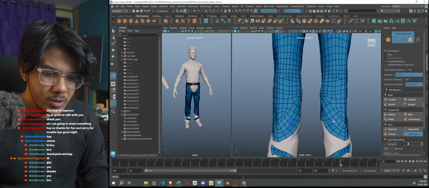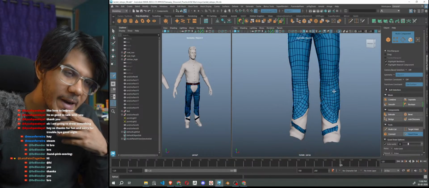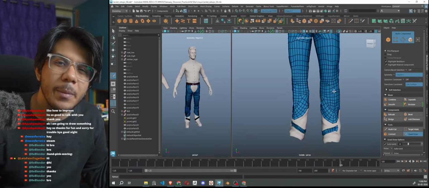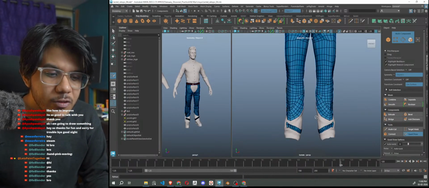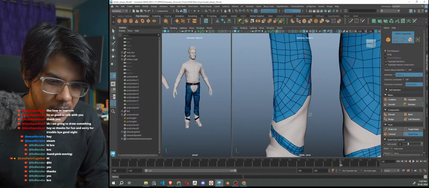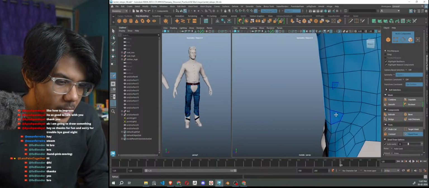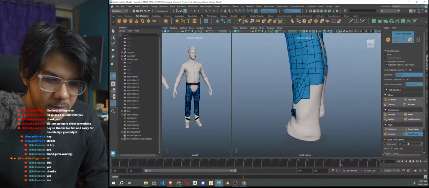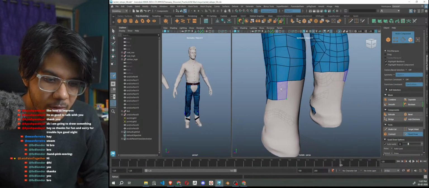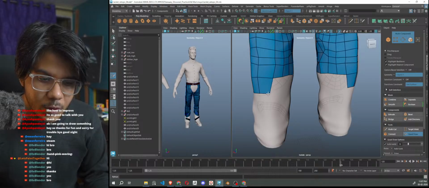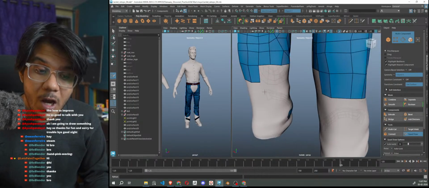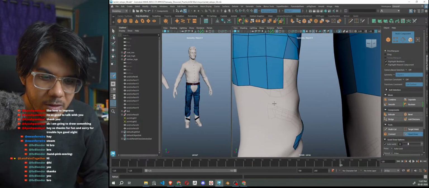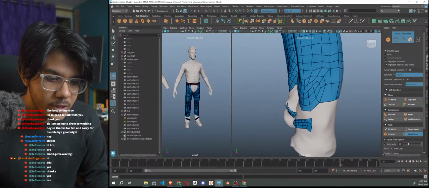I usually never do this. I usually keep my topology straight and like a cylinder coming all the way from top to bottom, but today I just thought maybe I should give it a shot. I have used this kind of topology while doing animation, but I never created this kind of topology. Today is my first time creating this style of topology, so I am very eager to test out how it's gonna perform in the animation, or while weight painting how it's gonna deform. I'm way too curious about that,